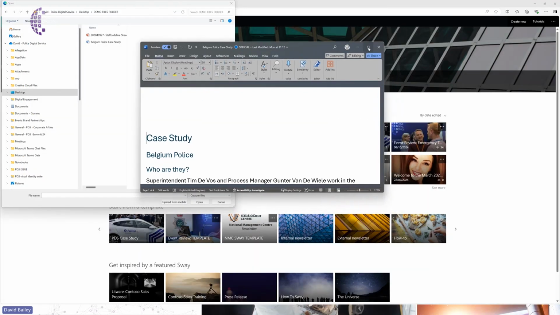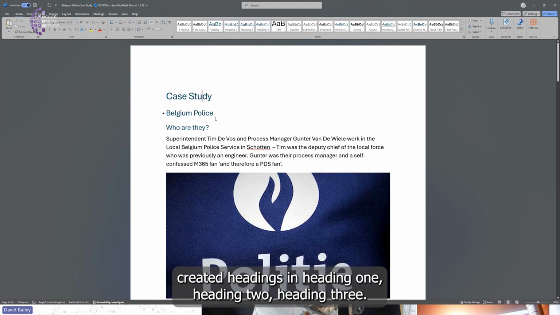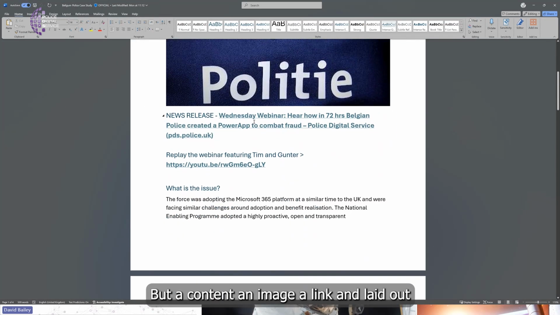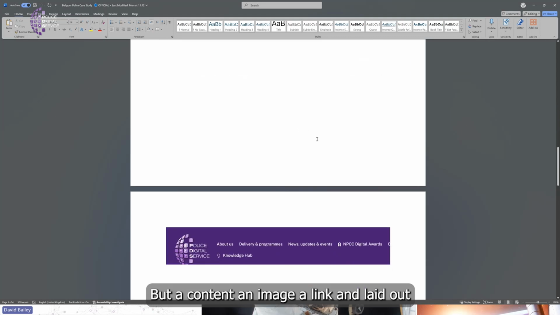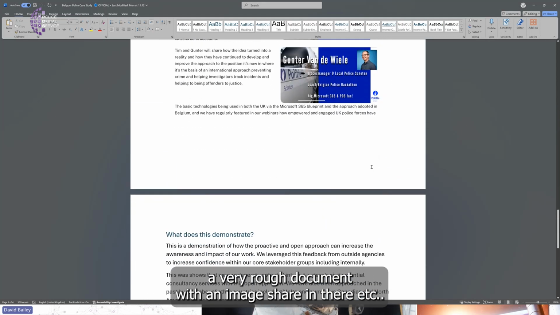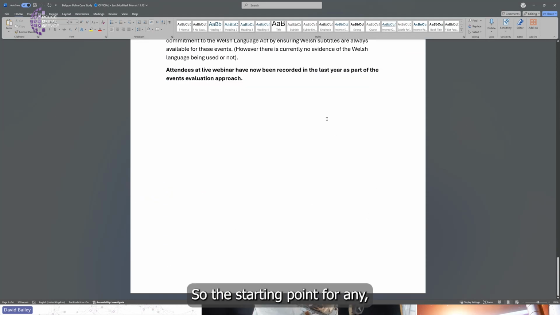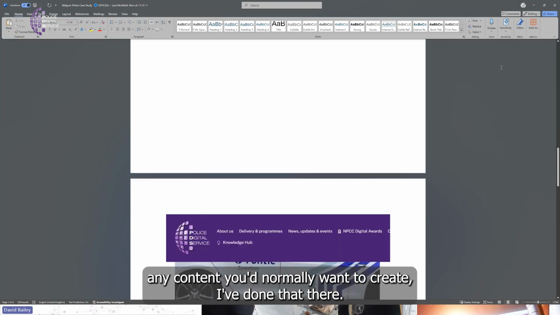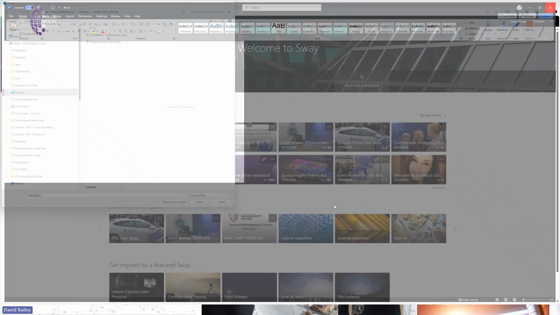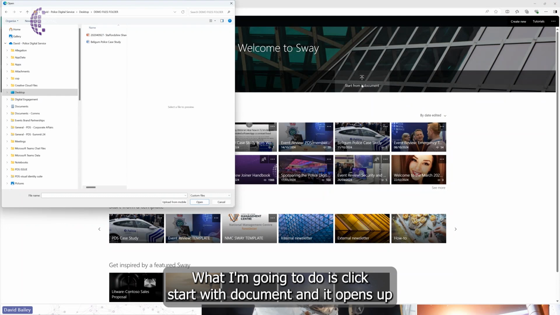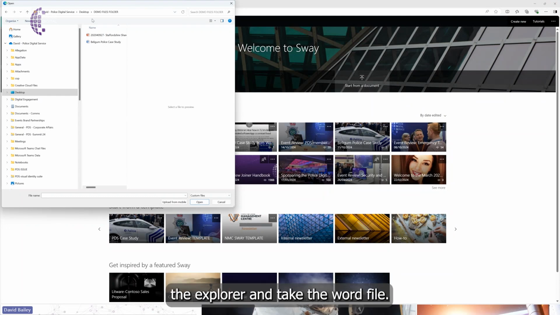So here's a Word document I've created where I've put headings in, heading 1, heading 2, heading 3, a bit of content, an image, a link, and laid out a very rough document with an image sharing, etc. So the starting point for any content you'd normally want to create. I've done that there. What I'm going to do is click Start with Document, and it opens up the Explorer,